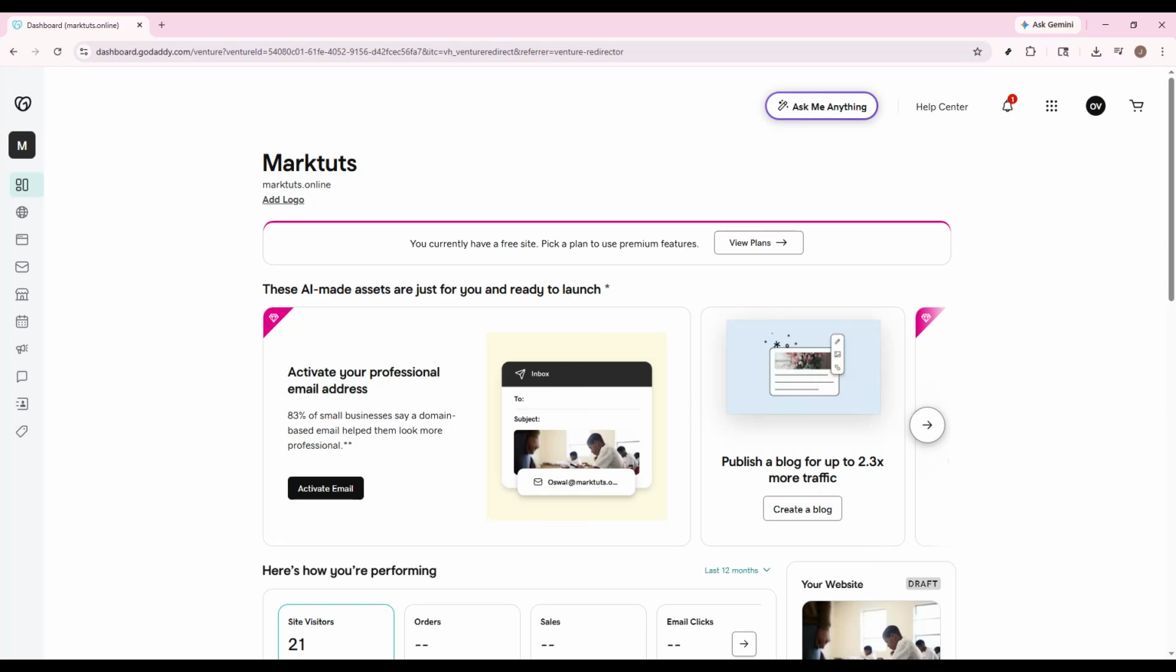If you want to make a GoDaddy WordPress website, this video will walk you through the entire process step by step in a simple and beginner-friendly way. By the end, you'll know exactly how to start a new WordPress site inside GoDaddy and get it ready to